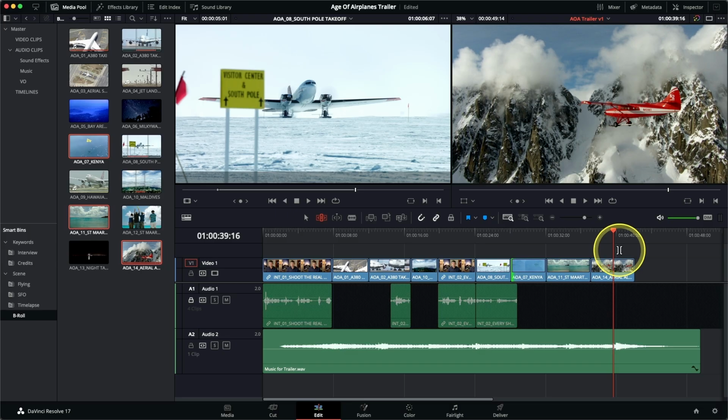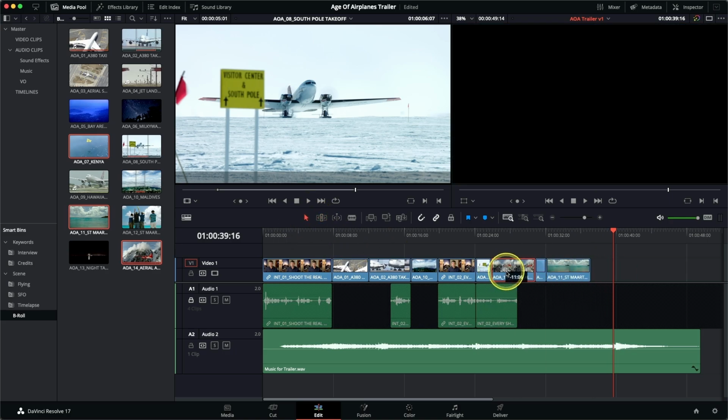Now, there's a few things that we need to do here. First of all, we still need to be able to bring the duration of those clips down, but they're actually in the wrong order. I want the Alaska shot to follow the South Pole shot on the timeline. Then I would actually like to finish with the St. Martin shot. Now, if I use my selection edit mode to be able to move a clip around the timeline,